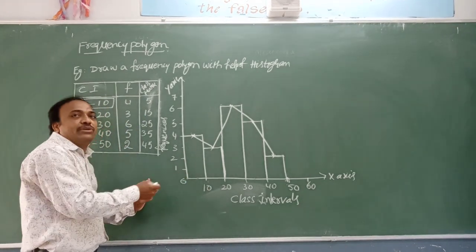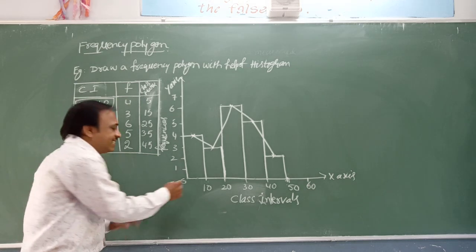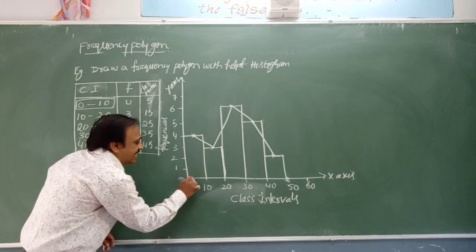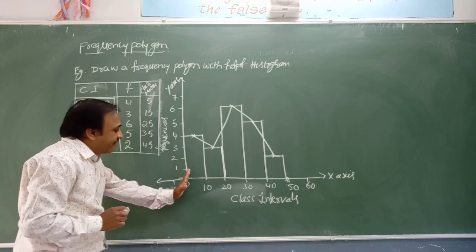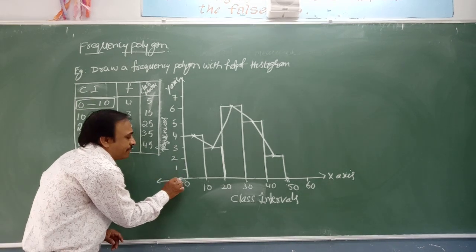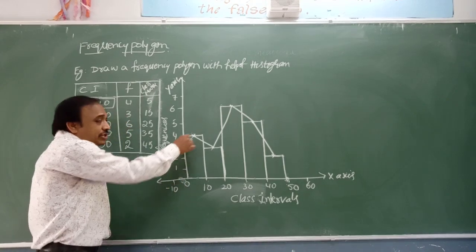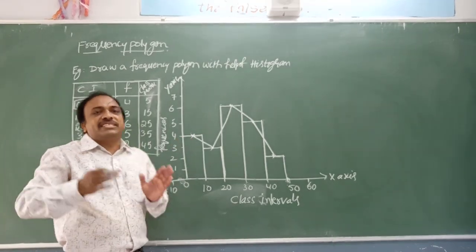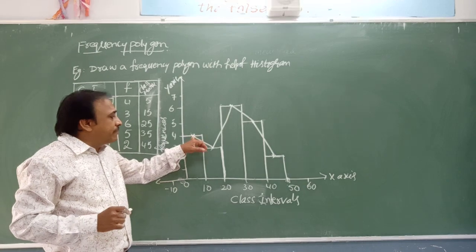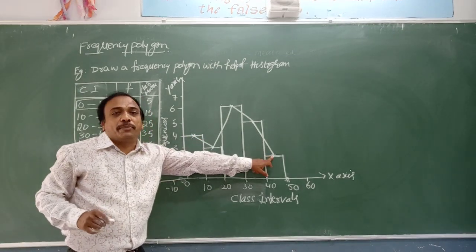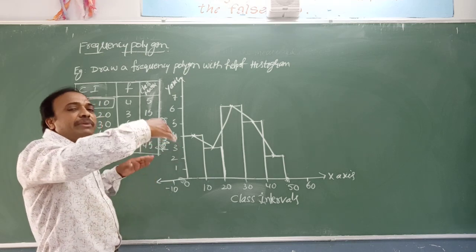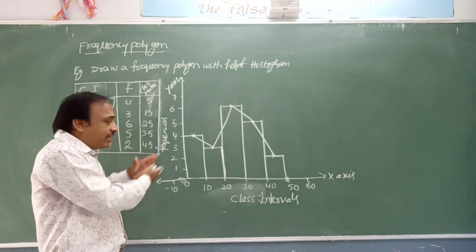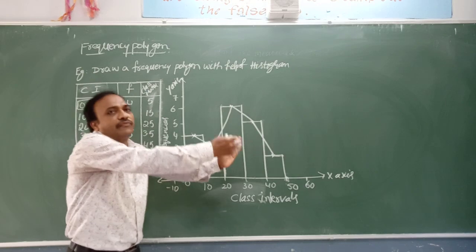So we need to enter into the negative axis, that is the left side of the x-axis. So here it will be minus 10. Between 0 and minus 10, this is the mid value, the next mid value. Frequency polygon means it is a closed figure. Here we are obtaining from here to here, it is not a polygon. So to make a polygon, we are joining the consecutive midpoints of the first class interval before and after.